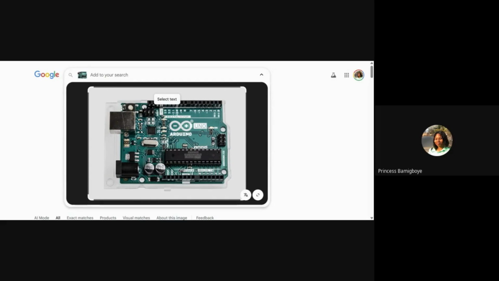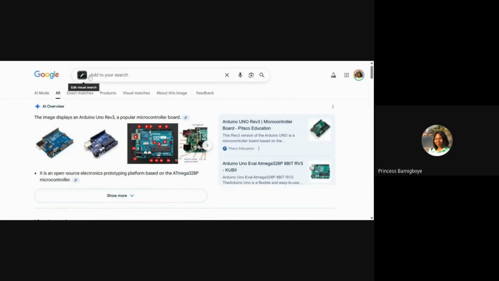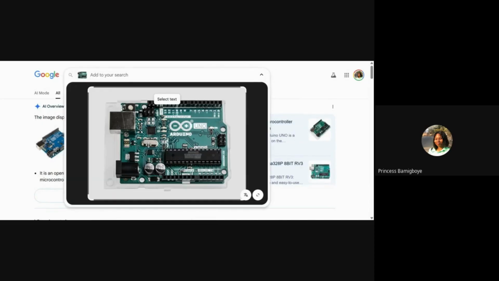They work hand in hand. They work together when you want to flash your Arduino, when you want to install the bootloader. The bootloader is like the OS, the operating system of the Arduino, because this is not a computer, it's a microcontroller. So you want to burn the OS into it. You need these pins and the reset pin. So that's what the reset pin is used for if you want to flash your Arduino.